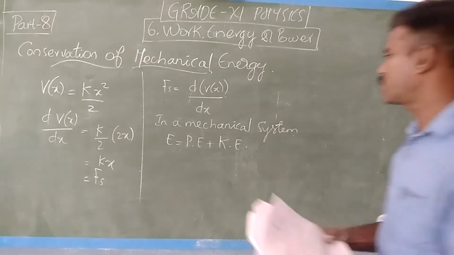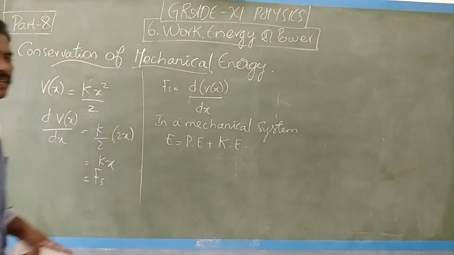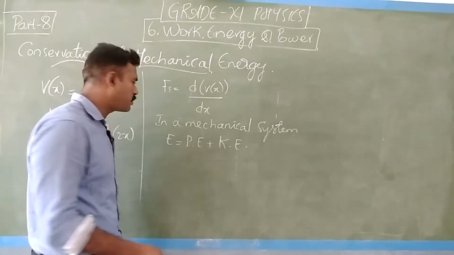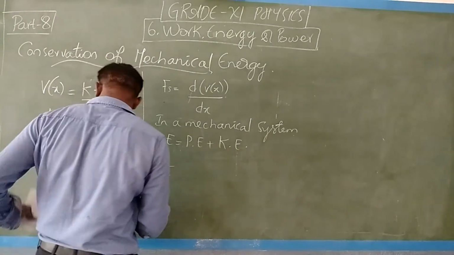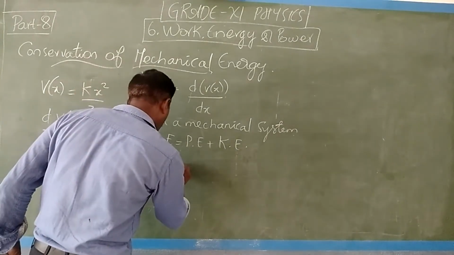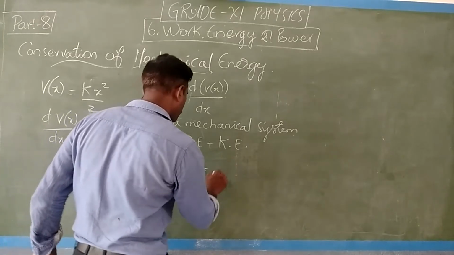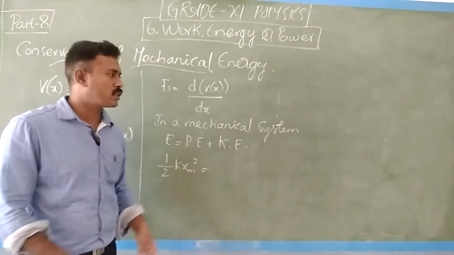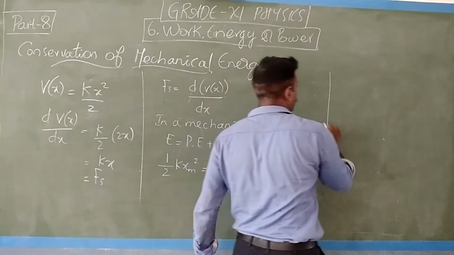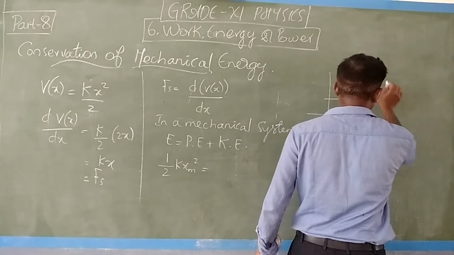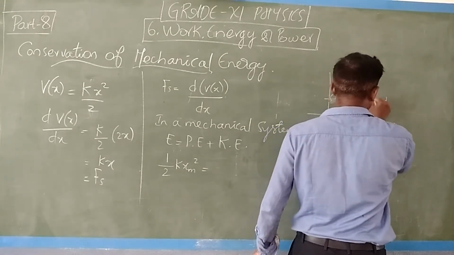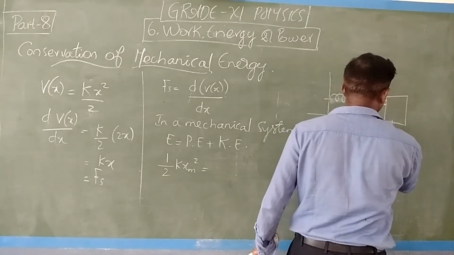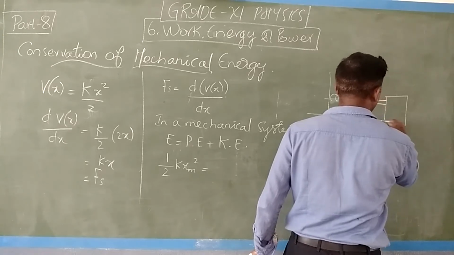The maximum potential energy I get when an object expands the spring is kxm square. At the final point, the object is at rest. This is xm. At this point